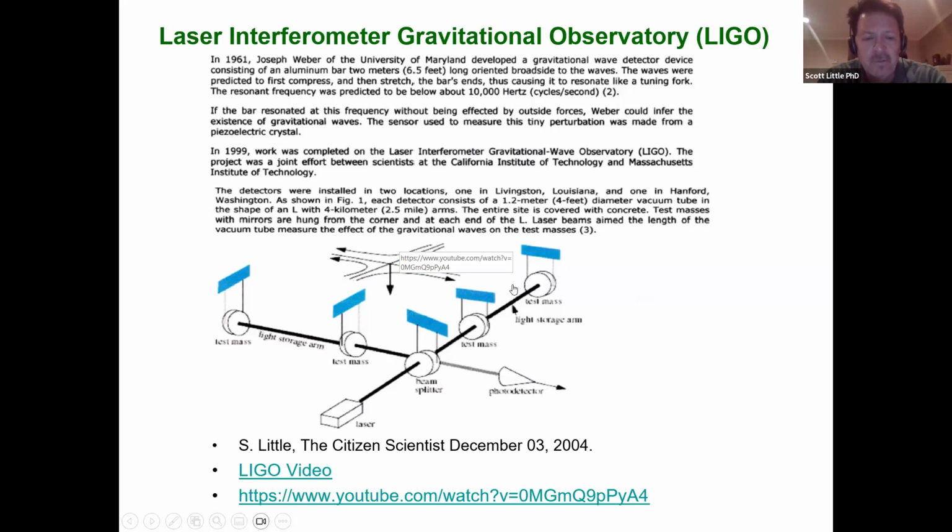You can see how they fire these two lasers at right angles to each other at these hanging mirrors. They can detect the movement of the mirrors within the width of a proton, and they have to be able to filter out all the noise. There's one in Hanford, Washington, and one in Louisiana. Of course, they're bringing in all kinds of noise, like seismic noise and things like that.